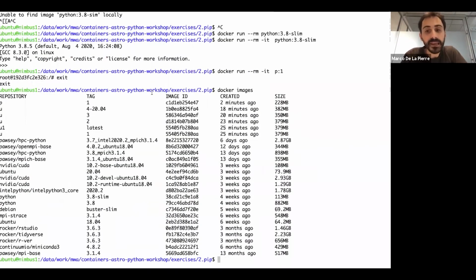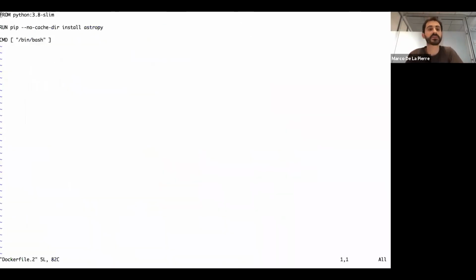How can we clean the pip installation and save some space? Dockerfile 2. There is a nice no-cache-dir flag for pip that will save you some space because it will disable saving the source files in the pip directory. So if we install astropy with pip this way,